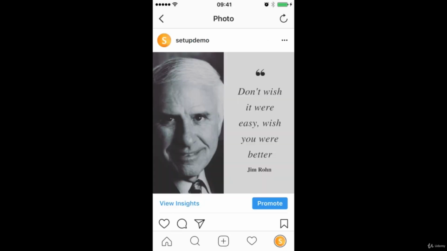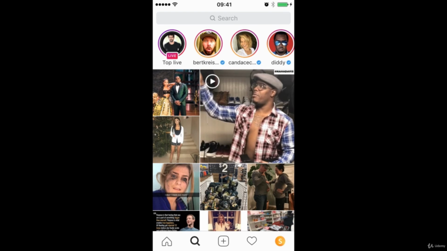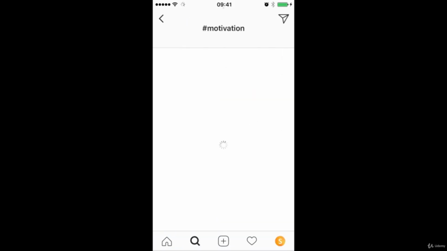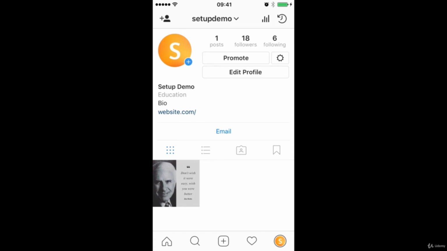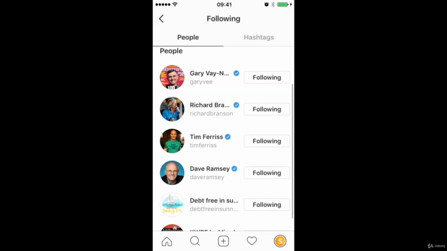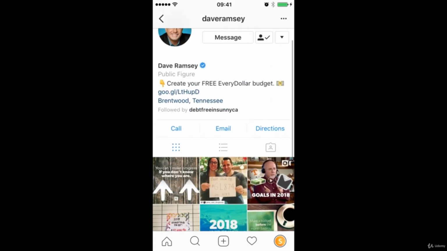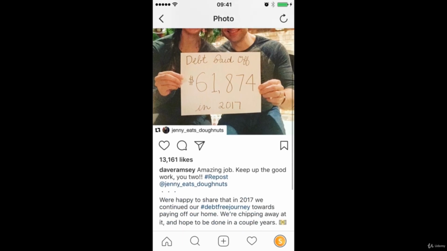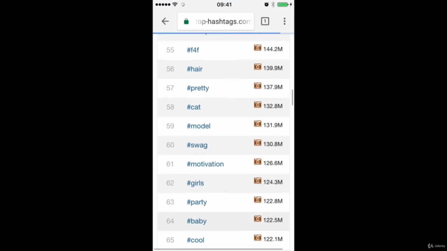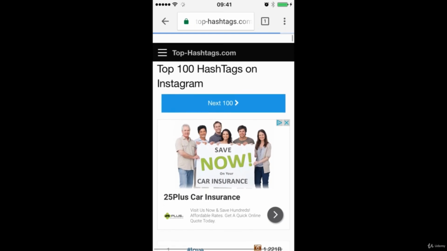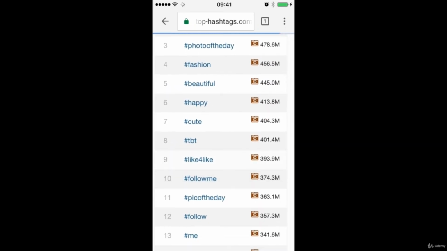So those are the three ways that you can identify the hashtags to use. Number one, use that discovery search bar and have a look at those related hashtags. You can also come into the top influencer accounts and see what hashtags they are really using, which could be very niche specific for you. And you can also look at the top hashtags on Instagram if you want to find those really top hashtags